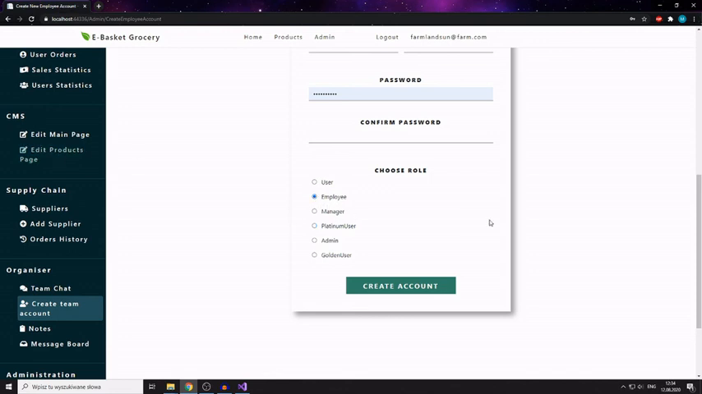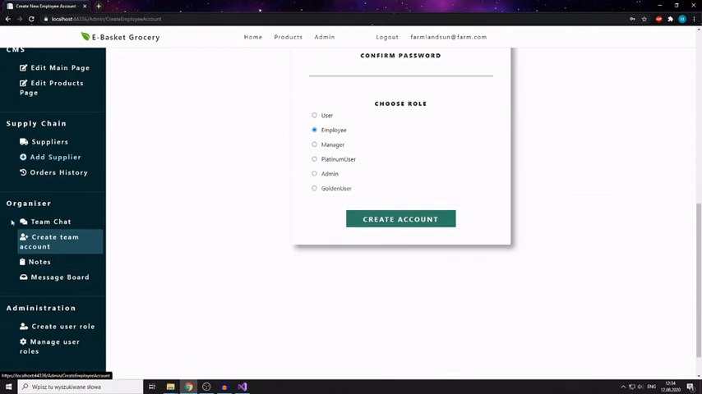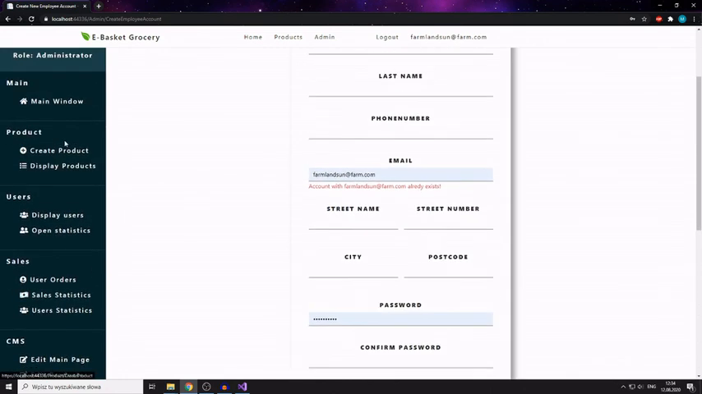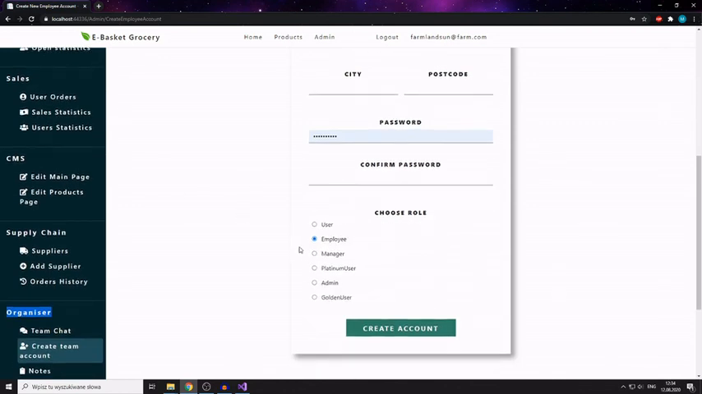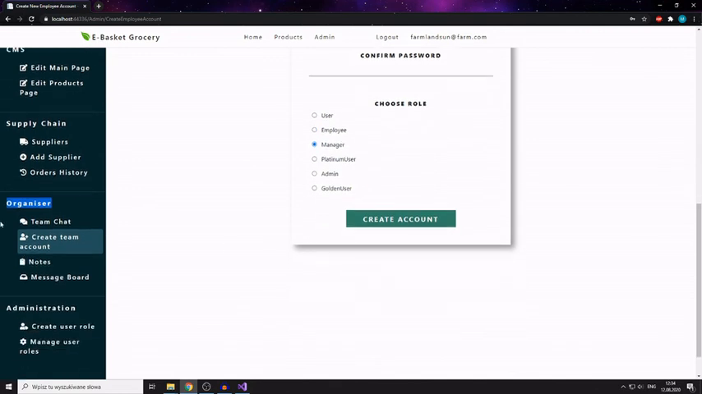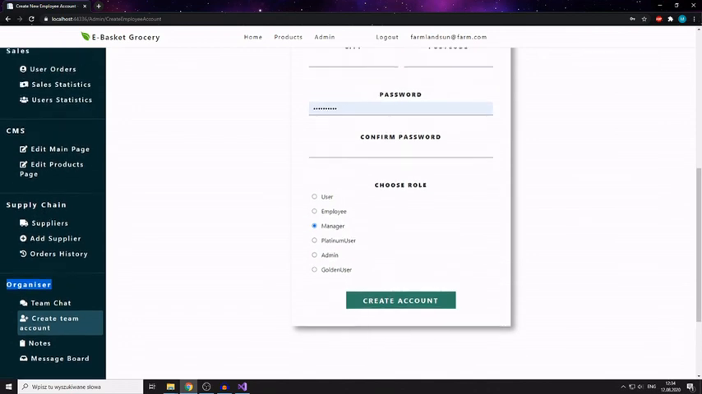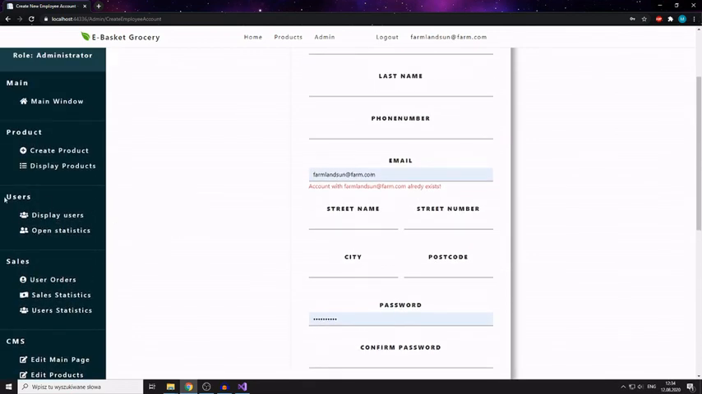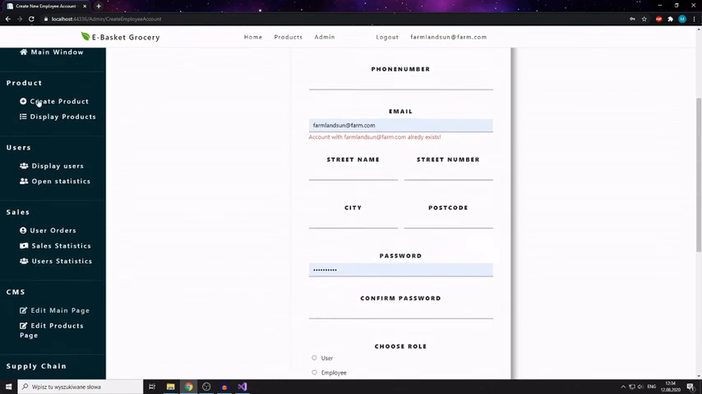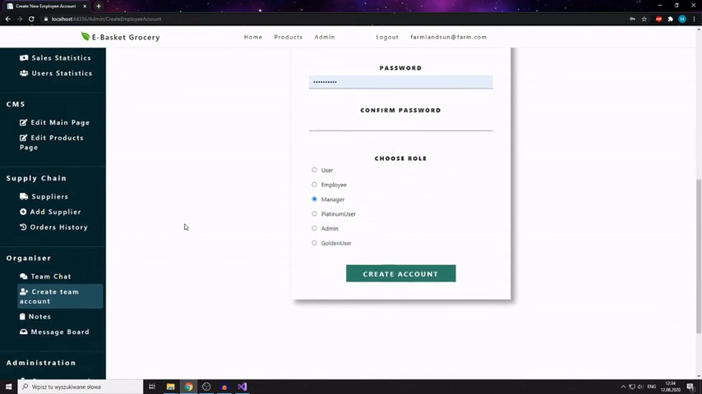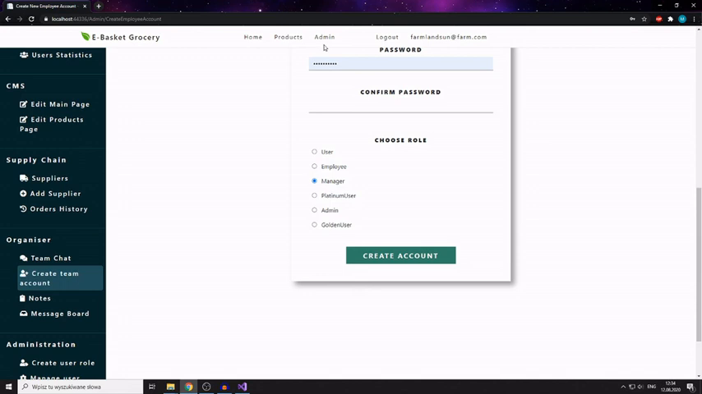So for example, an employee account has a restriction to get to only some parts of the organizer, such as team chat, notes and message board. Anything else? Maybe to check the statistics, we can also always modify the access however we want. Manager account might have access to supply chain, sales, maybe the users, the products, and administrator will have access to all of these functions. But I will not create the account. Right now we have access to all the information from the admin account, so I'll leave it like that. We've got the team chat,